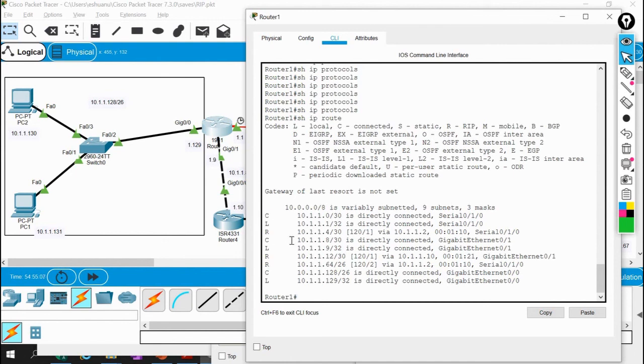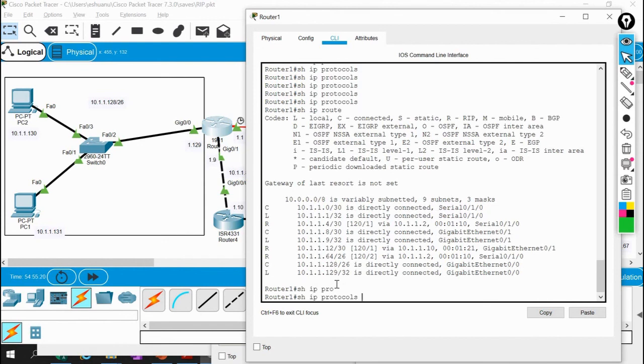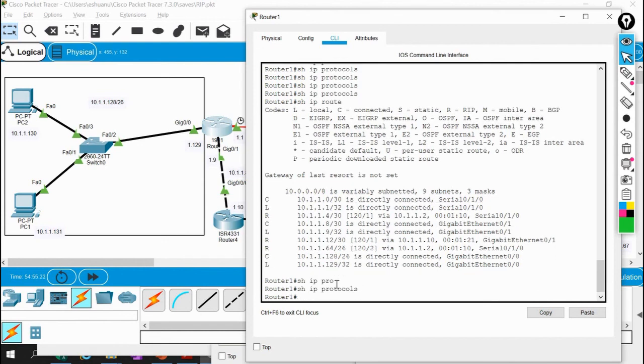C directly connected, L, R, it is receiving the routes. It is performing very well. 1.64, that's also received. Why is it not showing show IP protocols? Anyway, I will look into that. But these are the basic things we check for RIP, and that's what we do.